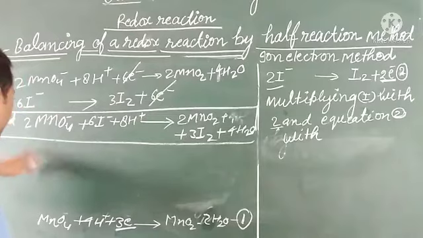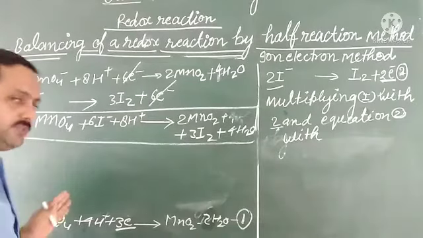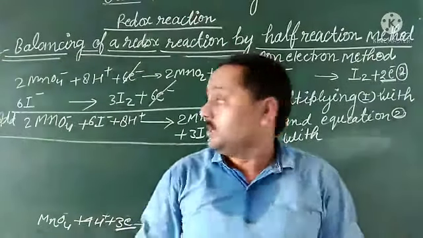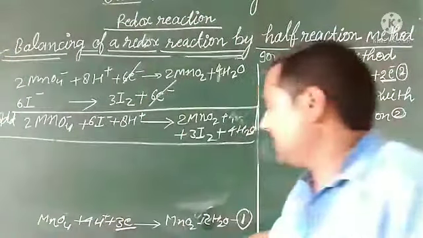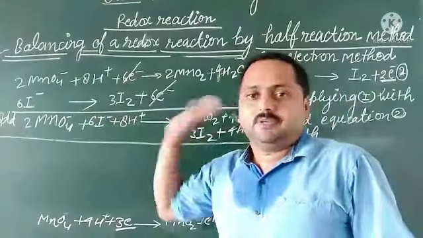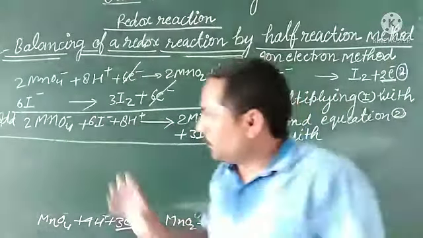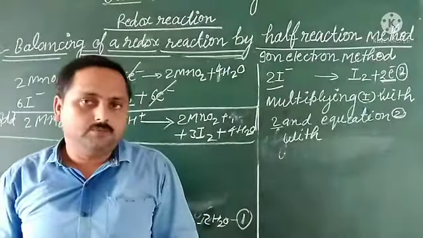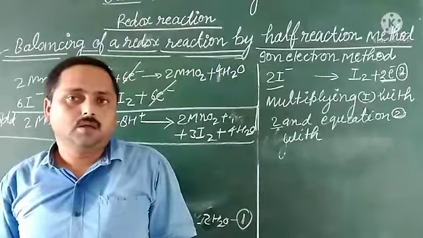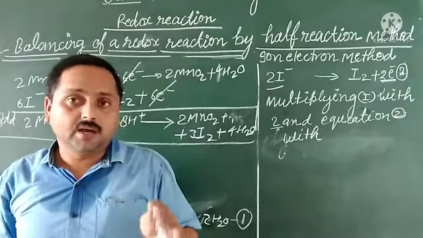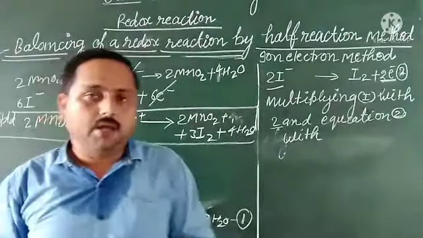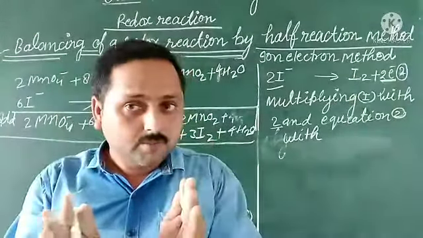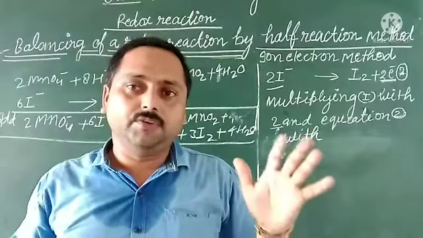Okay, children. So we have balanced an equation by the half reaction method. You see here, we balanced the halves, then we added. So you watch this video twice, thrice, and you read your book also. It will help you to understand how to balance the redox reaction by the half reaction method. After that, if you could not understand, please contact me. I am here with you.